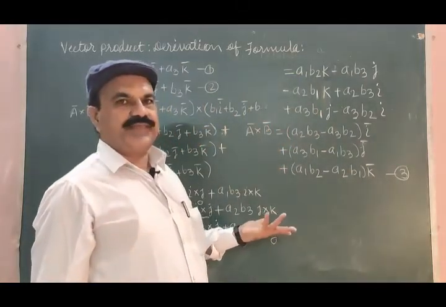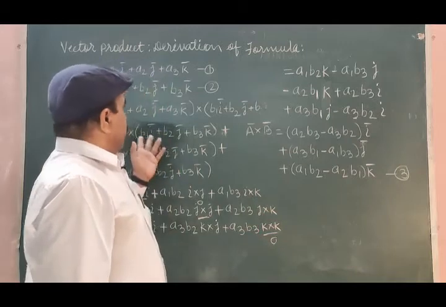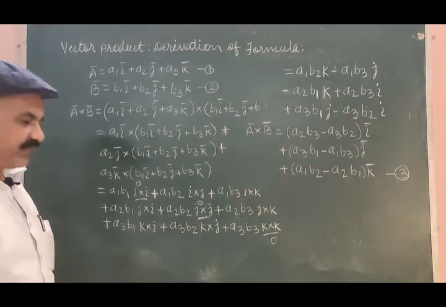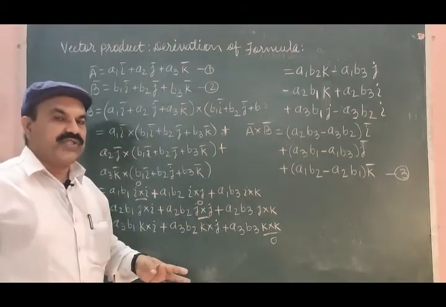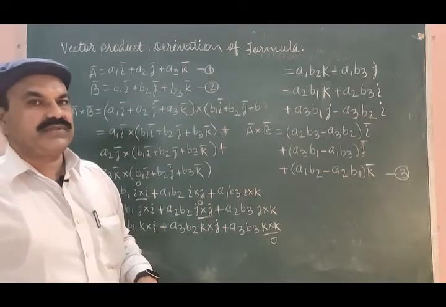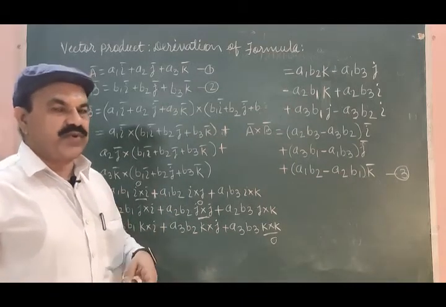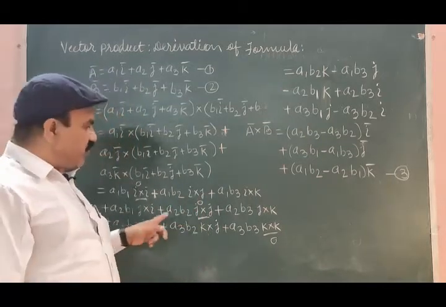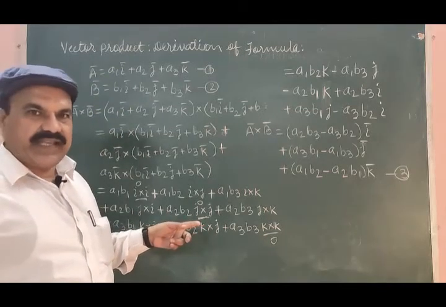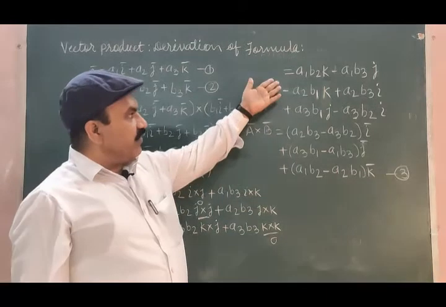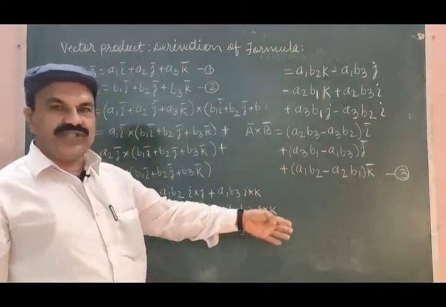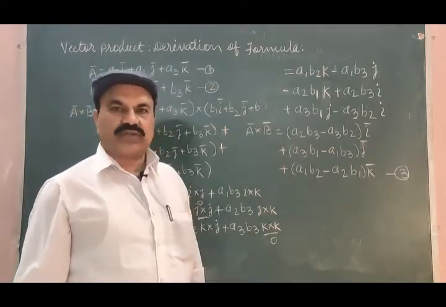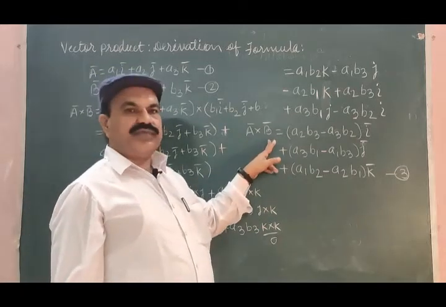So it's so simple. We just solved one after the other, step by step. In the final step, we used the 9 rules we derived in the earlier lecture for cross product in terms of the unit vectors. We used those rules here. Using those rules, we get these terms, and that is equal to this. So equation 3 is the expression for cross product of 2 vectors.